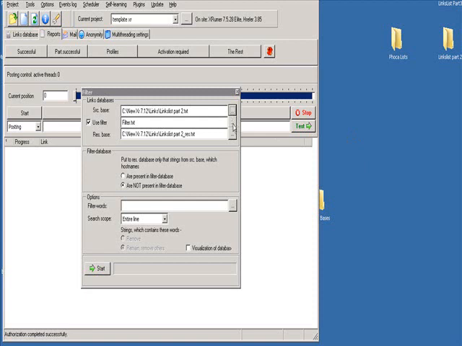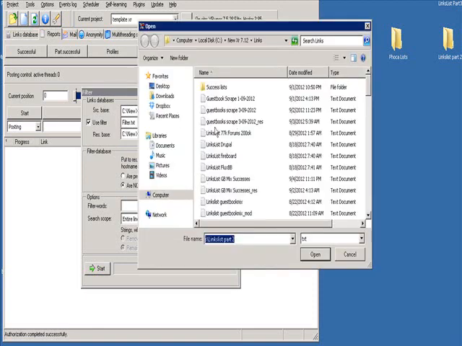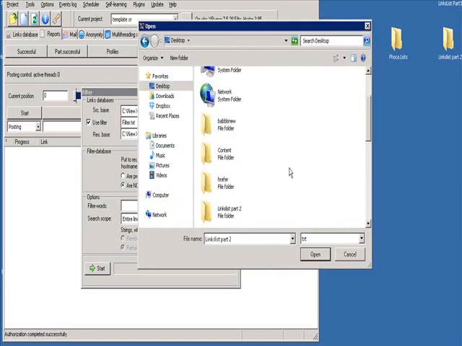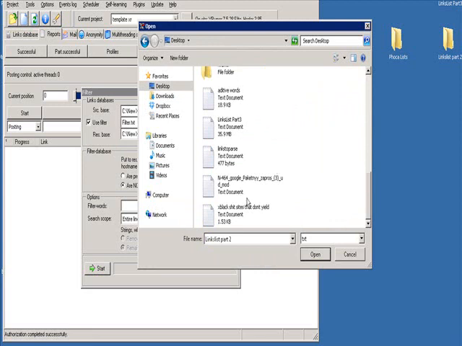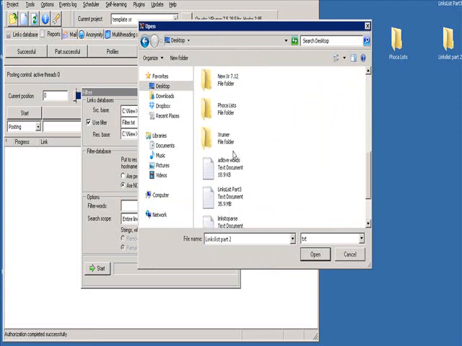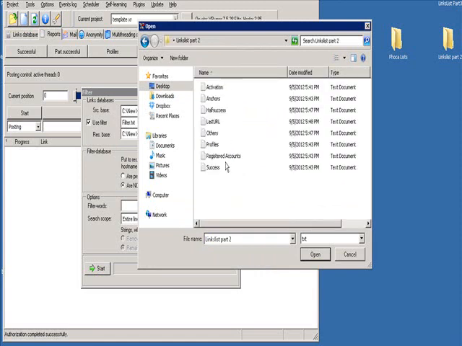So I've opened it up as a source base, and I'm going to use a filter, and my filter is going to be the links list, the actual success links list that I've got from this particular links list. So I'm going to go to the folder I saved it in, which is all the logs, and I'm going to pick the success list,